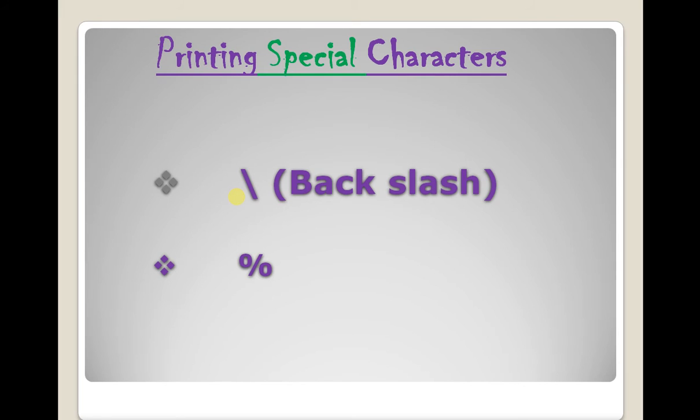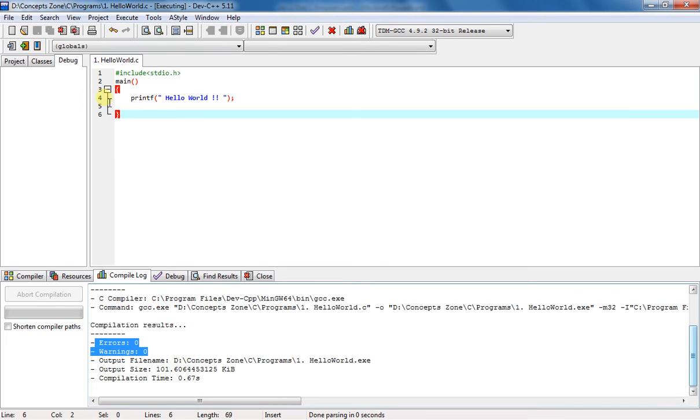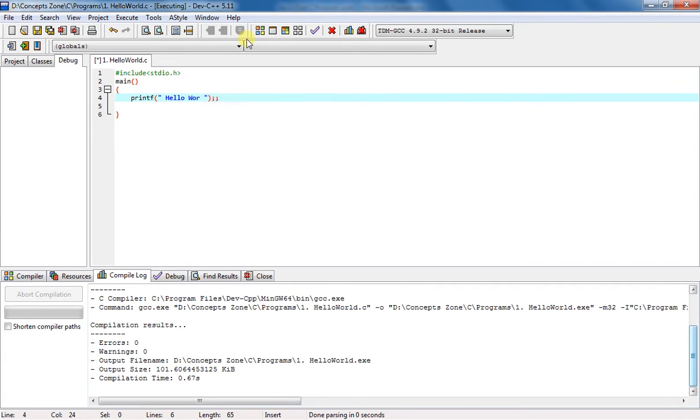As we discussed, whatever you write inside the printf function will be displayed on our screen, but there are some exceptions. There are some special characters which cannot be printed inside the printf function, and those are \ and %. Let's have a look at the output of the program if you write \ and % in our printf function. Say I want to print a line, say I have scored